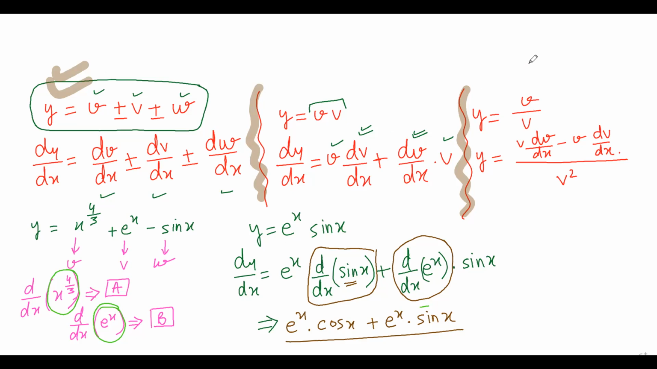Let us look at this. This will take 5 minutes to understand. So what this says is, if there is a function which is written like u upon v, then how do we find the differential of y? We write v square, then we write v du by dx minus u dv by dx. Let us try to understand this. So for example, if I have a function like say x upon log x,